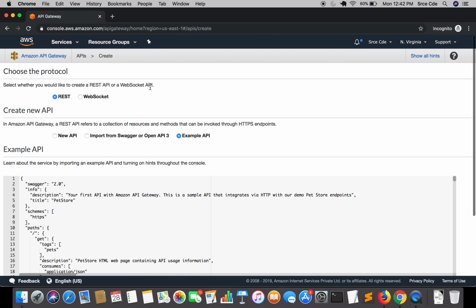Ideally in a REST API, it receives and responds to requests. That's a high level of REST API. Now, a WebSocket API ideally supports two-way communication between the client application and your backend, so the backend can send callback messages to connected clients.